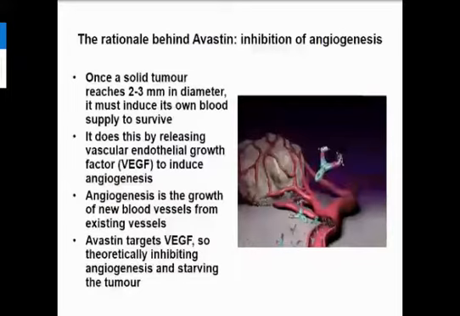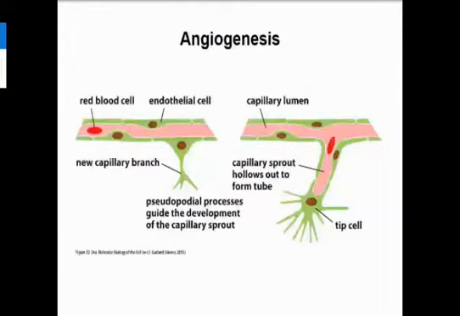So the idea of Avastin is it's an antibody developed to target VEGF, this growth factor that causes angiogenesis. So the idea is we're going to mop up all the VEGF, we're going to stop this process of angiogenesis, and we will starve the tumour to death. And this still is really exciting. It's a great idea. In theory, you could kill off all solid tumours in this way, regardless of where they happen to crop up in the body. I guess the brain could be a problem with the blood-brain barrier,